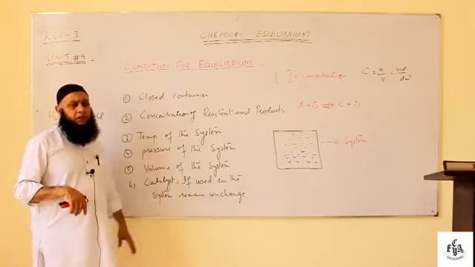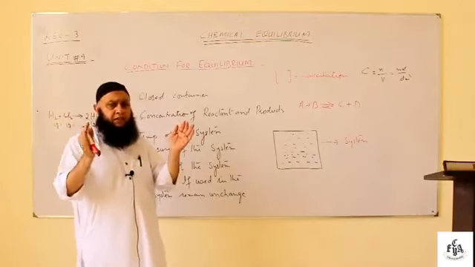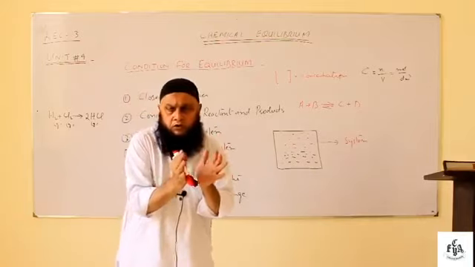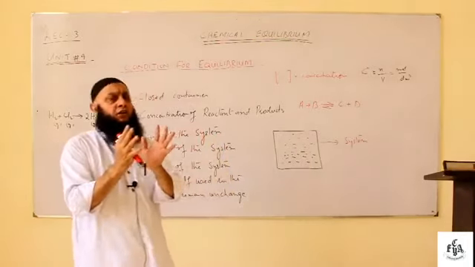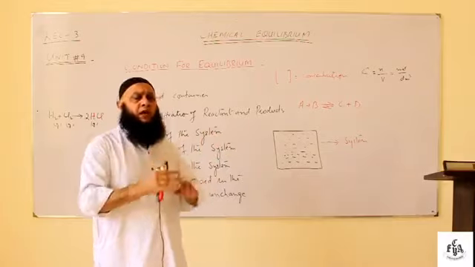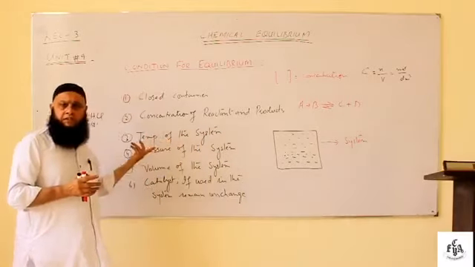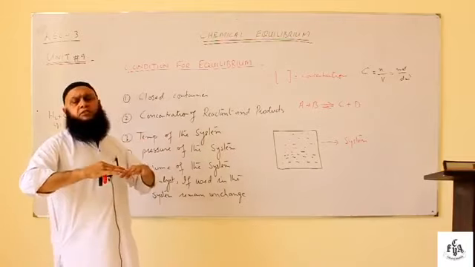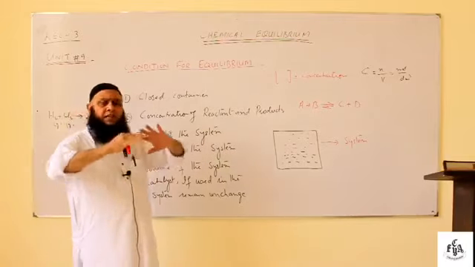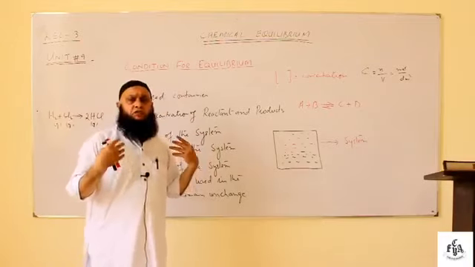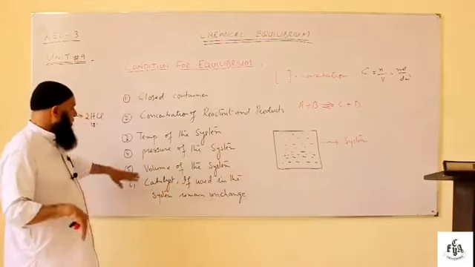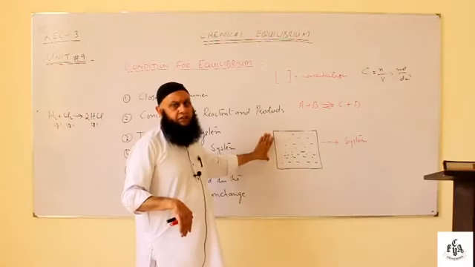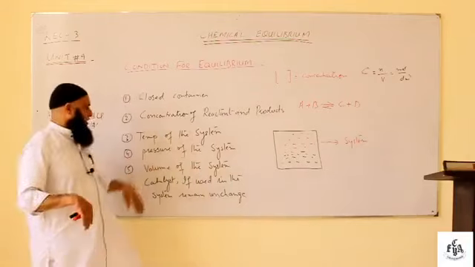Similarly, the pressure. When we increase the pressure, the molecules come close, and the number of chances and the number of collisions increases. As a result, equilibrium will be disturbed. Similarly, if I release or reduce the pressure, what will happen? Again there is more space, and there will be a slow chemical reaction. Volume: a specific volume is required for a chemical reaction to attain equilibrium.